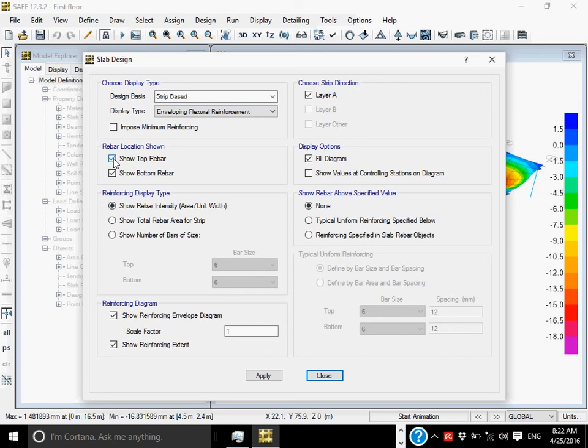For example, it will show you the top bar, bottom bar, how much scale factor you want, and how you want to see it. You want to see the slab reinforcement in millimeter square per meter, or the total area of reinforcement. It's your choice. For example, in our class we have done millimeter square per meter. If you make it apply,